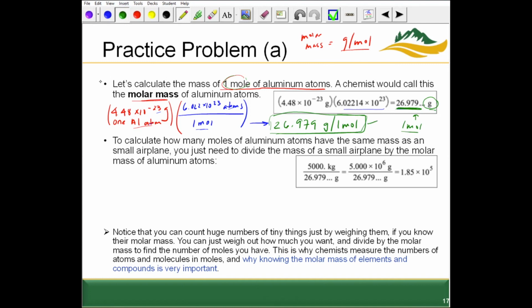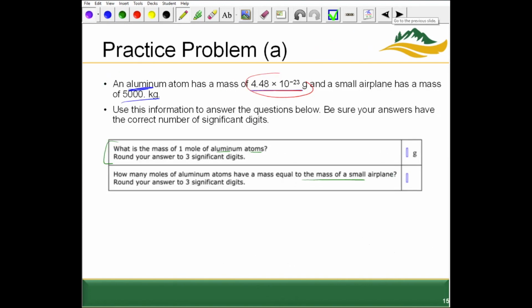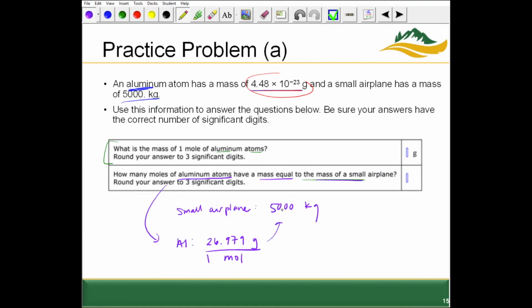So that was for aluminum. Then the second part of the question, we're asked how many moles of aluminum atoms have a mass that's equal to the mass of a small airplane. So how many moles of aluminum atoms have a mass equal to 5,000 kilograms? Well, each mole weighs 26.979 grams. So we need to take 5,000 kilograms divided by 26.979 grams to tell us how many moles then